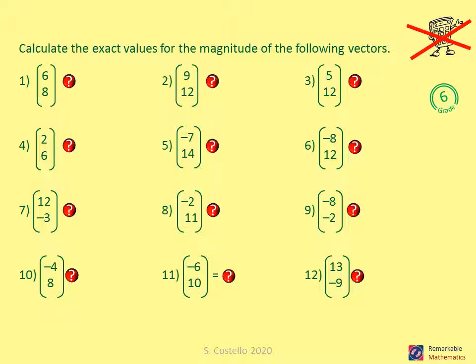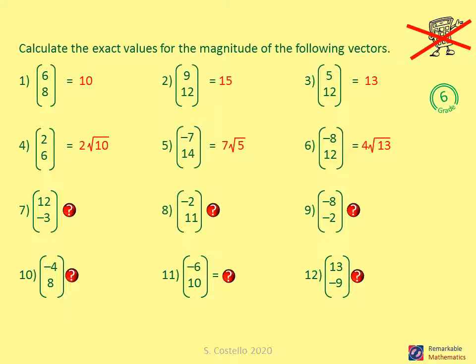So question 1 is 10, 2 is 15, 3 is 13, 4 is 2 root 10, 5 is 7 root 5, 6 is 4 root 13,